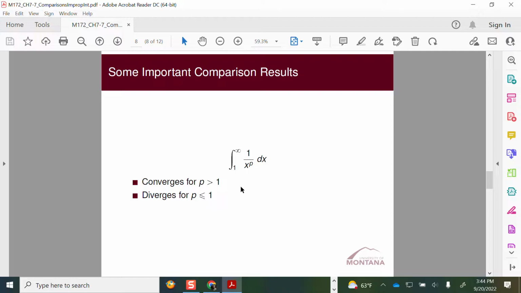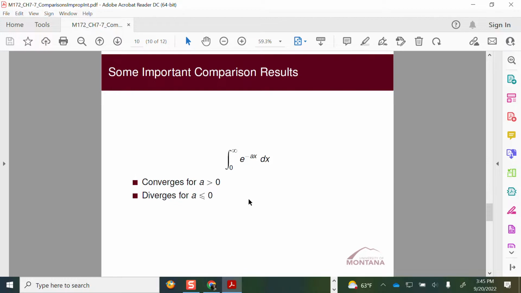The next rule has to do with what happens to this same exact function between 0 and 1? So notice the difference in the limits of integration, and it's the opposite of what happens between 1 and infinity. So between 0 and 1, it converges if p is less than 1, and it diverges if p is equal to or greater than 1. So again, it's just a difference of the limits of integration here from 0 to 1. So a couple important results, and then another one that has to do with the problem that we just saw,